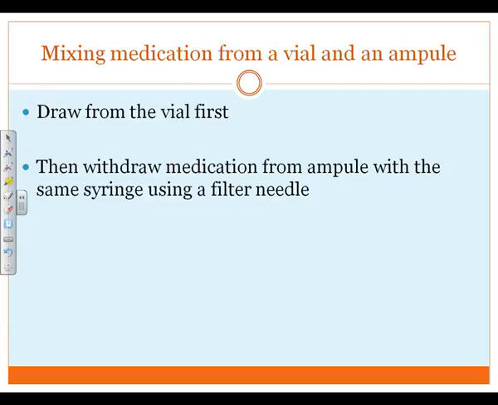So y'all, you would withdraw the Demerol and then the vial would be the Phenergan comes in an ampule, or at our hospital it does. Not all of them may, but ours does. So if the Demerol was in a vial and the Phenergan was in an ampule, you draw the Demerol and then draw the Phenergan. So with that being said, am I using 3 different needle tips, or am I using